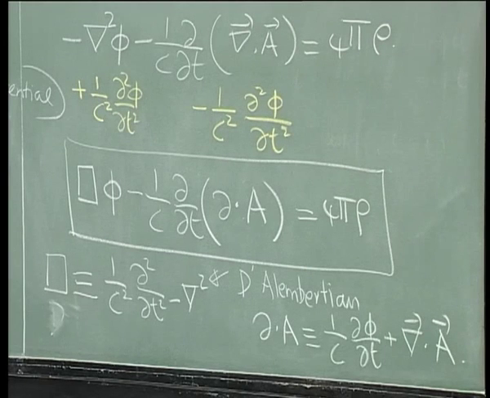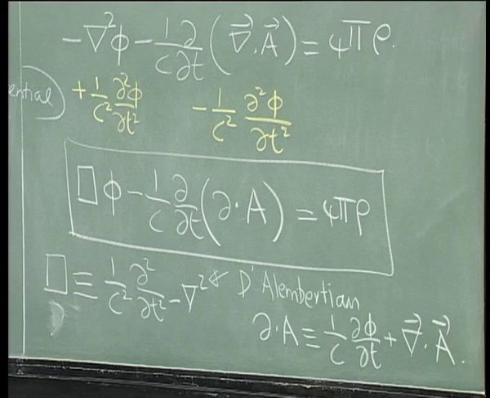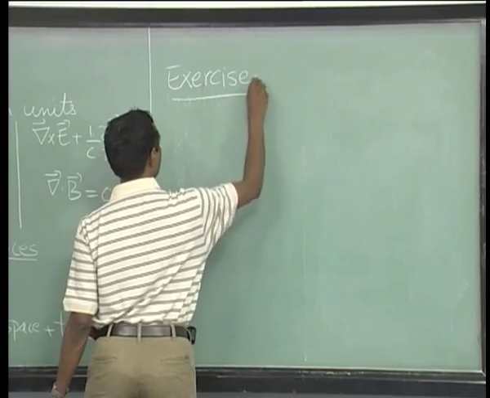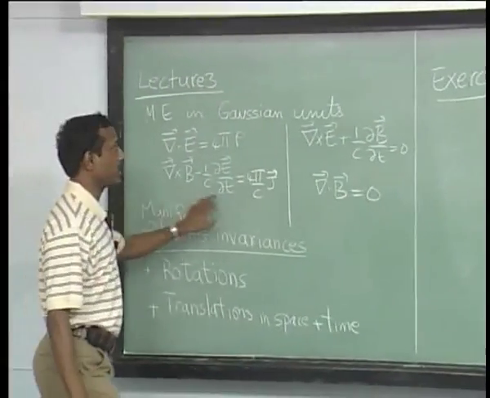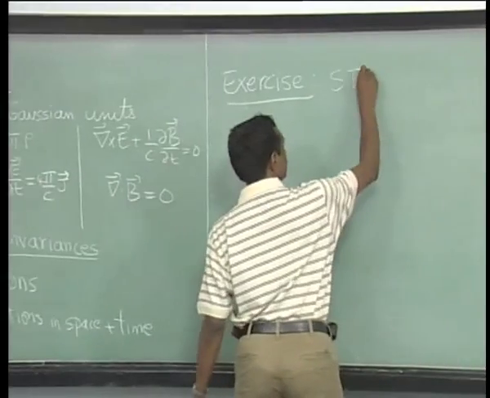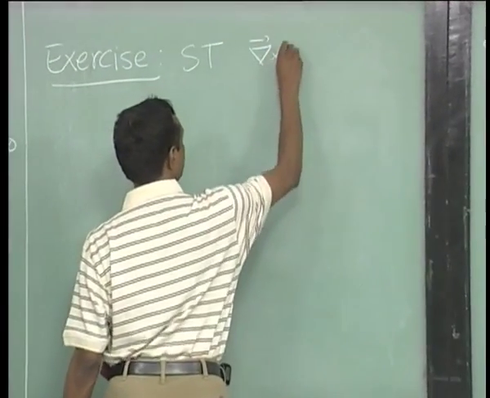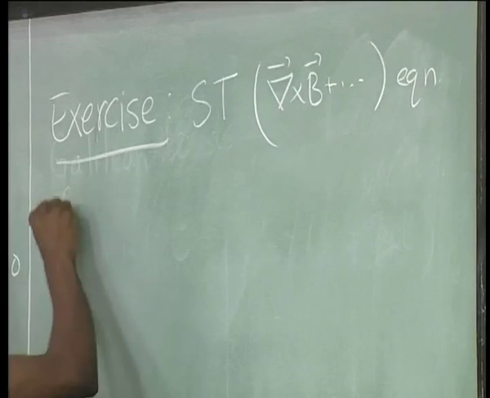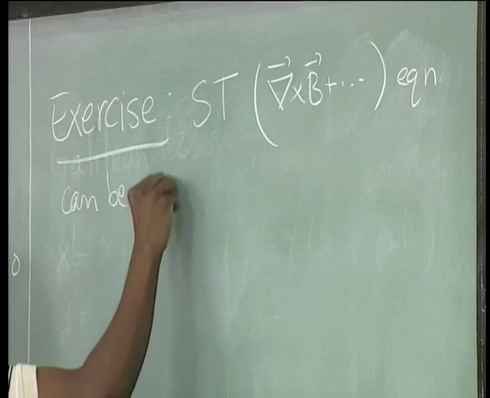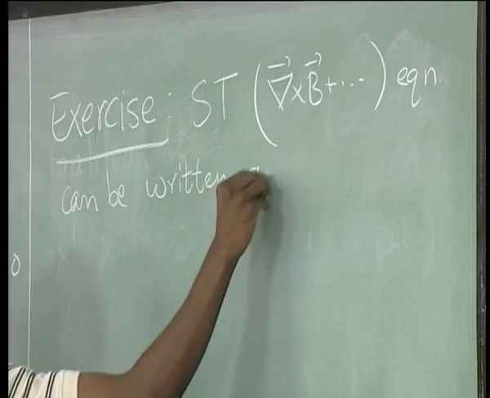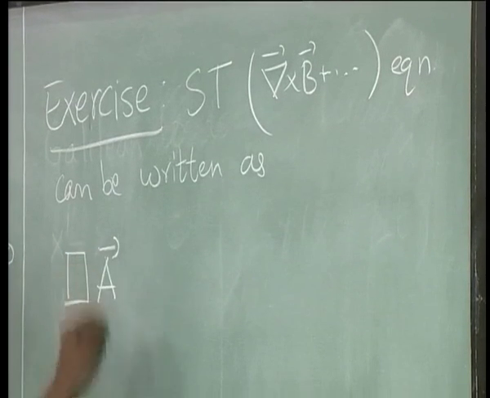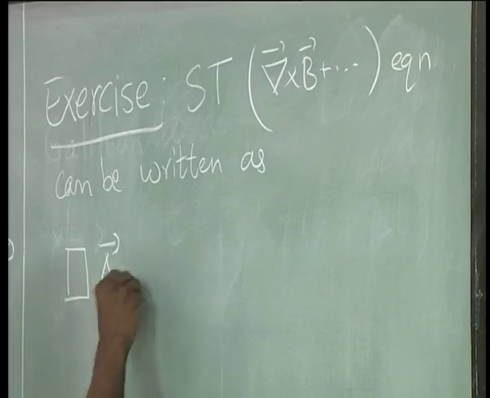So, I will not disturb this bit, but I will erase this, and like the promised exercise will arrive now. The exercise is to show that the del cross B equation can be written as follows. Box A minus gradient